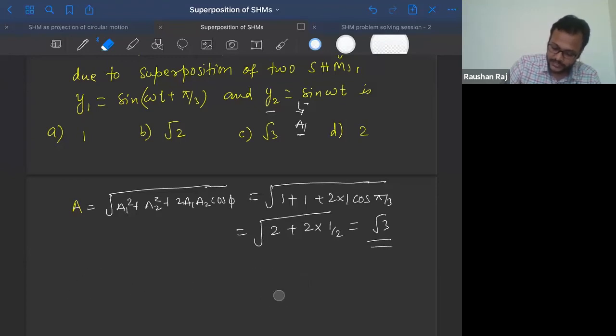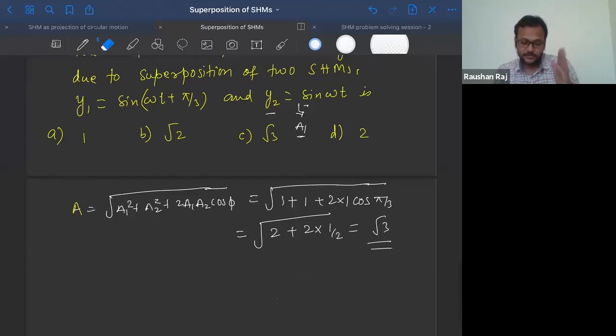So that is why I'm telling you, don't think in this way. Always follow that particular method. Whatever the assumption you have made, whatever the convention you have followed, follow that throughout the process. Okay, you'll get the correct answer.